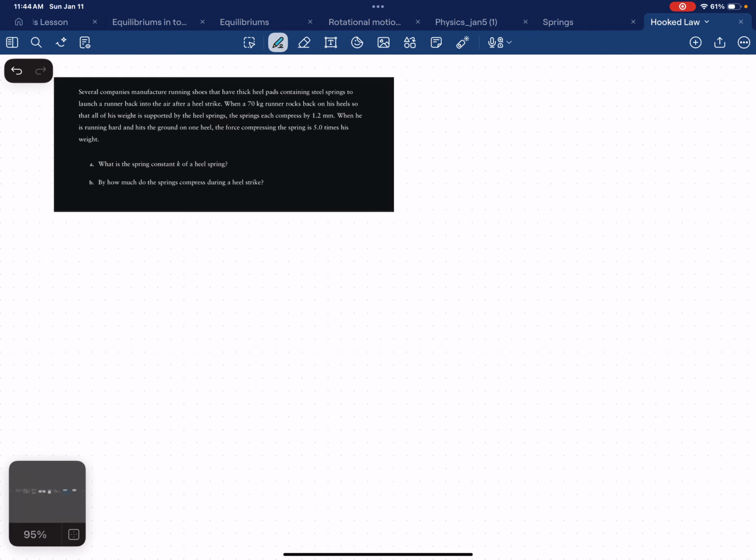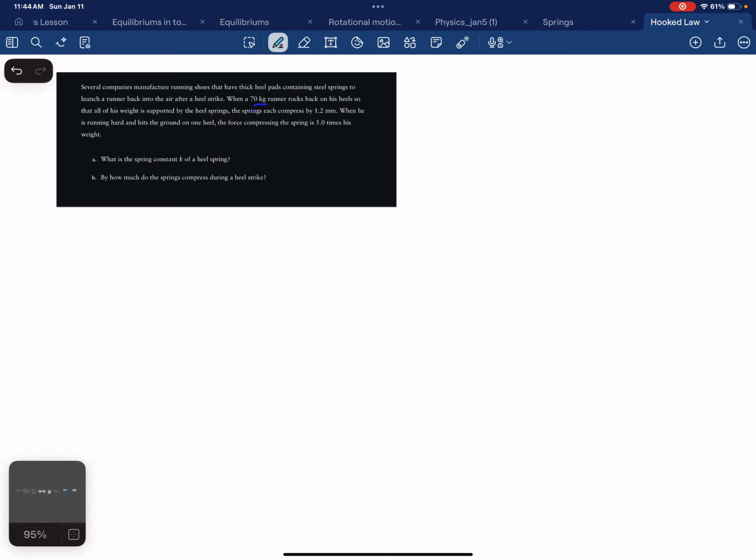So we have a 70 kg runner who rocks back on his heels so that all of his weight is supported by heel springs. So there are springs in the shoes. The springs each compress by 1.2 millimeters. So that's our delta x. Our delta x is going to be 1.2 millimeters, which is also equal to 1.2 times 10 to the minus 3